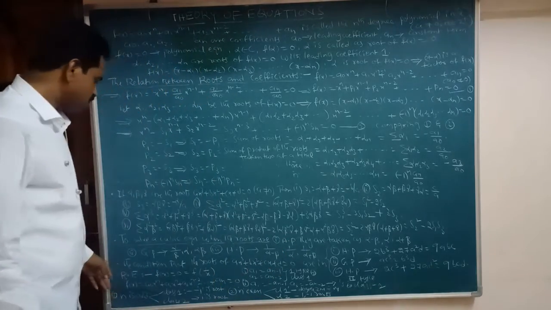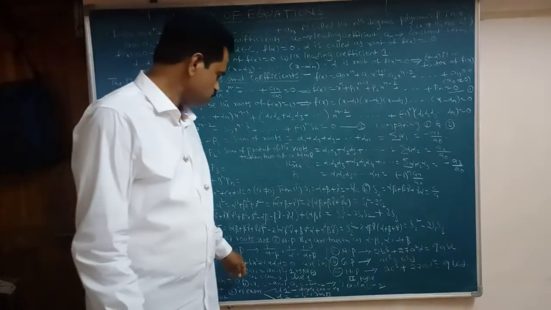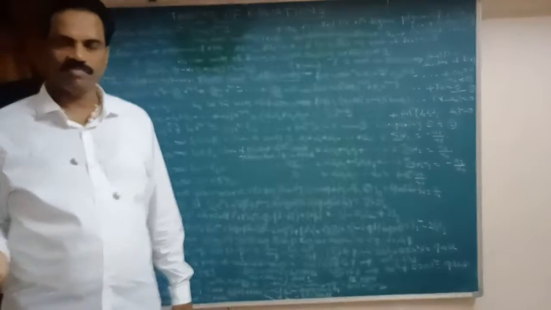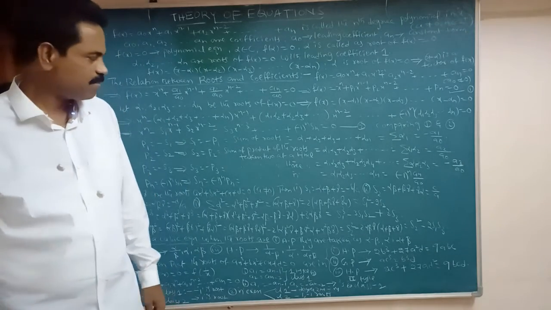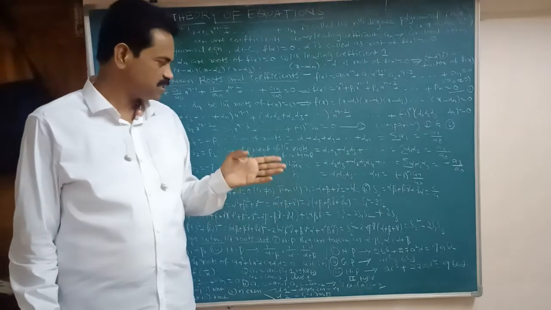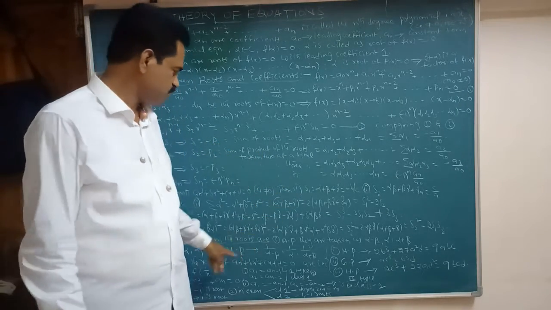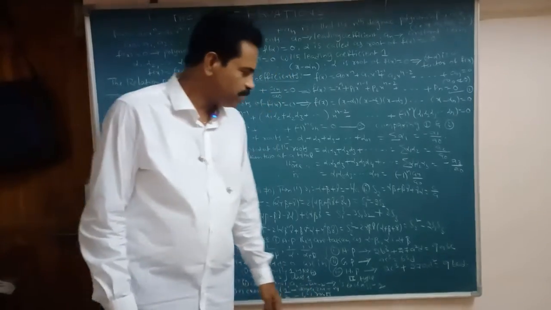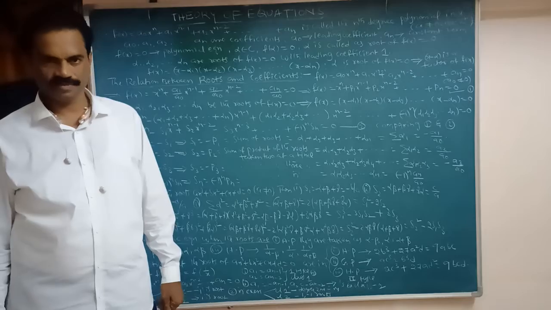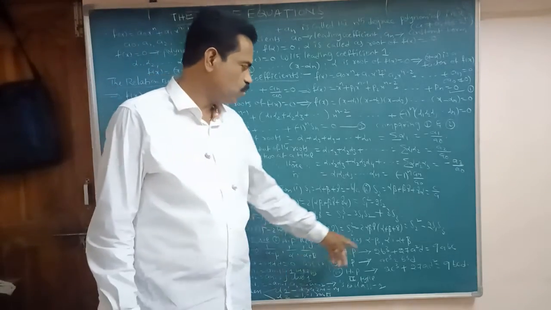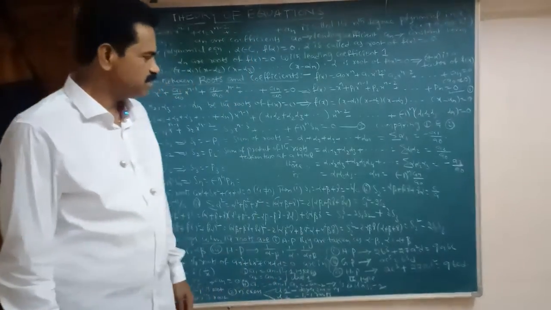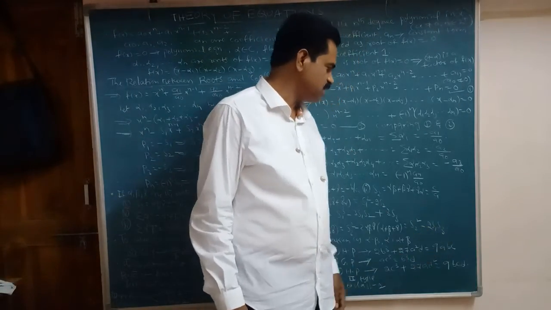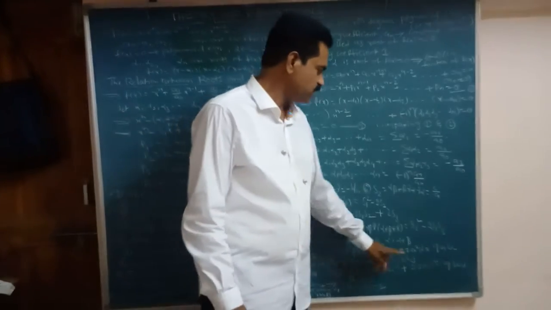See here, the condition that the roots of ax cube plus bx square plus cx plus d equal to 0 are in AP. How can we solve? Take the sum of the roots, which is minus b by a, and substitute in this equation. Then after simplifying, the condition is of the form 2b cube plus 27a square d equal to 9abc. You remember this one. Here 2b cube plus 27a square d equal to 9abc. Here degree 3, and here also abc is degree 3. You remember 2, 27, 9.